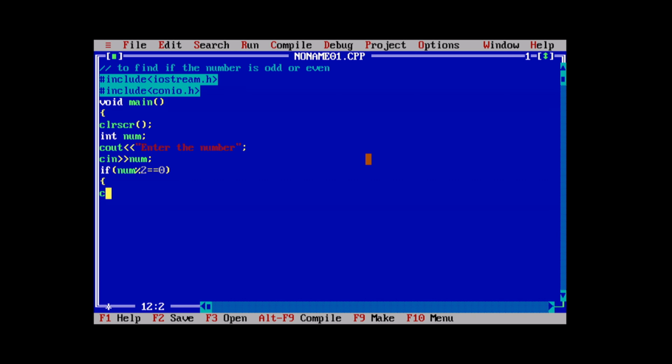So now you put cout the number is even. Now we close the bracket, then we put else, then we again open the bracket, then we put cout, the number is odd.